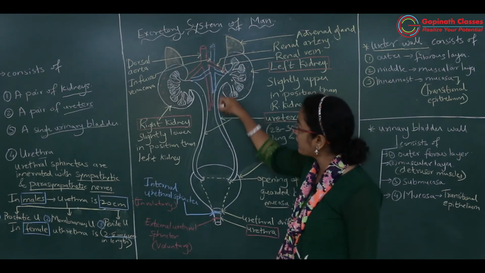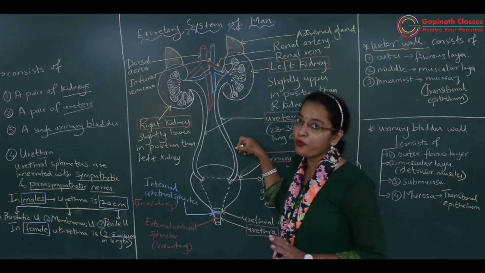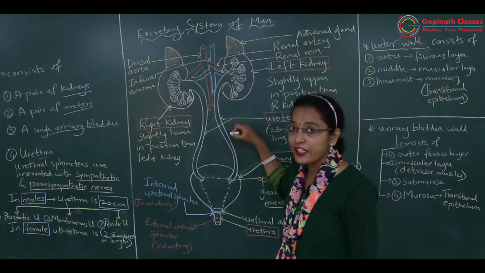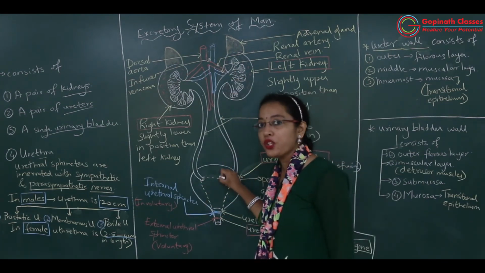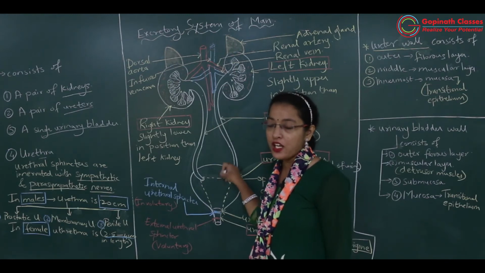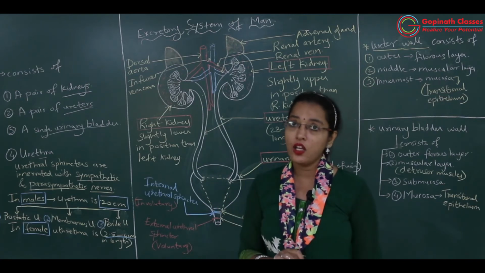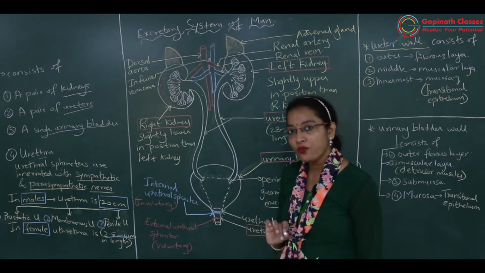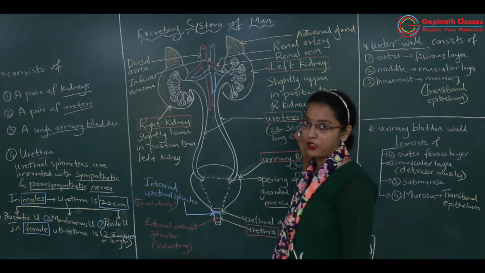So ureter कैसे रहता है? Thin रहता है, tubular, muscular, can increase and decrease the diameter depending upon the volume of urine which is produced by the kidney. Okay, so उसका काम क्या रहेगा? Conduction of the urine from the kidney towards the urinary bladder. Okay, so urinary bladder की तरफ urine kidney की तरफ से जाता है. Okay, it is all because of the ureter. Okay, so what is the length of the ureter? It may vary from 28 to 30 centimeters.